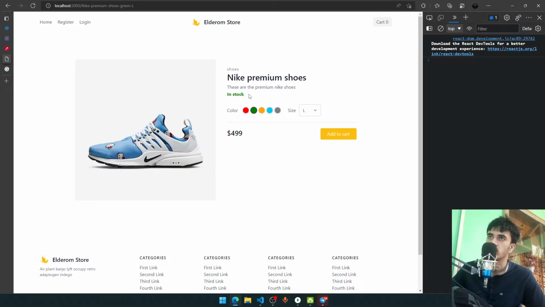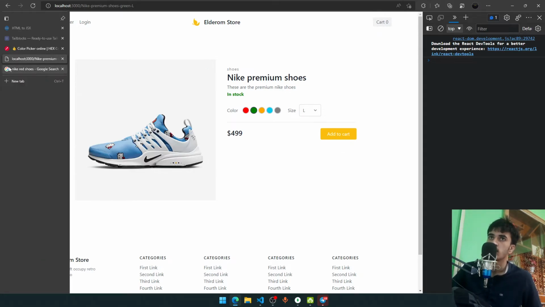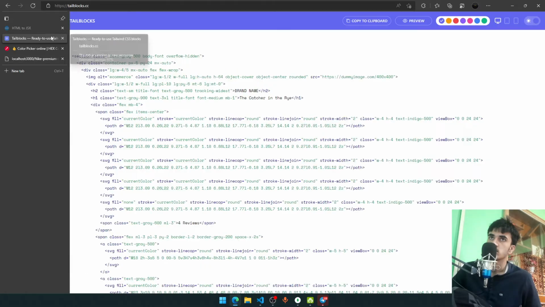Okay, we have green in here. Okay, that's pretty cool. So we have selected color green, and we got the green shoes. And now here you can see the add to cart. We have the cart option. Basically, it's the one thing. Let's say